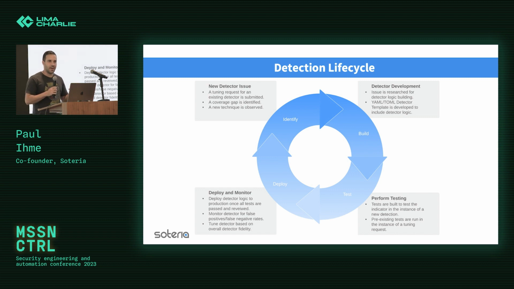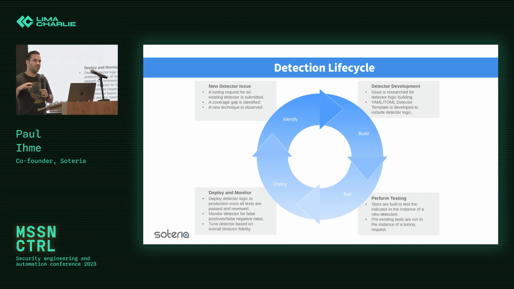So starting at the top left, you get a new detection issue. So whether it's somebody on our incident response team who finds some new technique that they've never seen before, and they say, hey, I want to make sure we can detect this thing. Or one of our offensive security team members reads some cool blog and comes up with this new idea, and they start tinkering around with something on these red team engagements, so on and so forth.